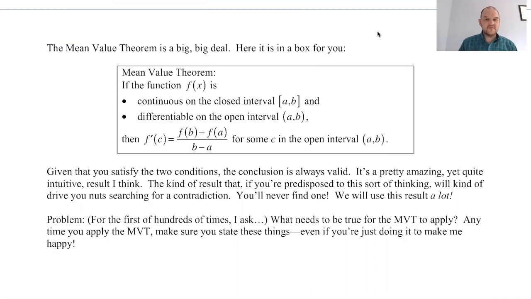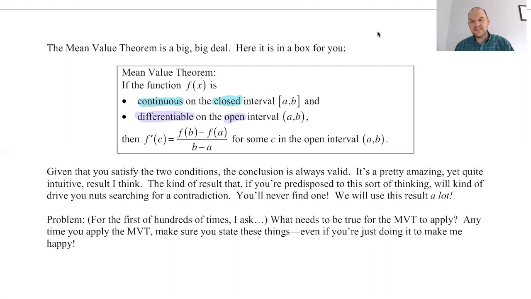So the mean value theorem says if the function f of x is continuous on the closed interval, and then differentiable on the open. So differentiable open, continuous closed. So you don't need it to be differentiable at A or B. You don't need to be differentiable there. You just need to be continuous on the closed interval, differentiable on the open. As long as that is true, if the function is continuous on the closed interval, differentiable on the open interval,